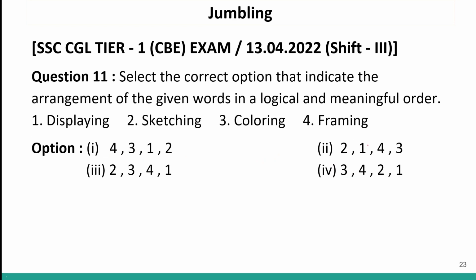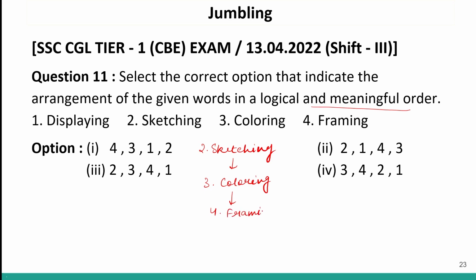Okay? Now, similarly, we have to arrange the following in a logical and meaningful order: displaying, sketching, coloring, and framing. So, the first thing that you do is you make a sketch. So, the first thing it will be sketching. When you have a sketch, you will start coloring it. You'll fill it with color logically. Correct? When you're done coloring and when you have a final product, you will frame it,